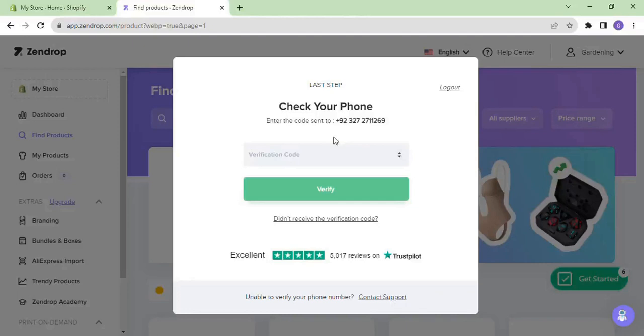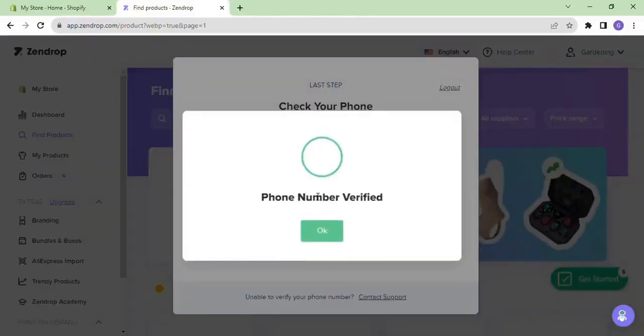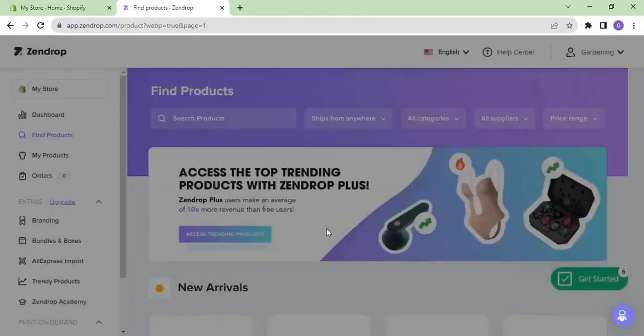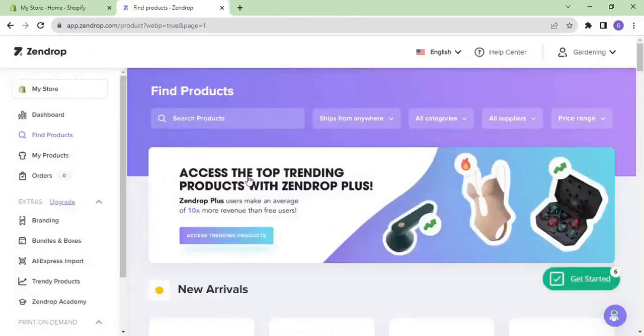Enter a PIN that Xandro sent to the number. Once we have entered the PIN, Xandro will be verified. Here we will search for a product that we want to list